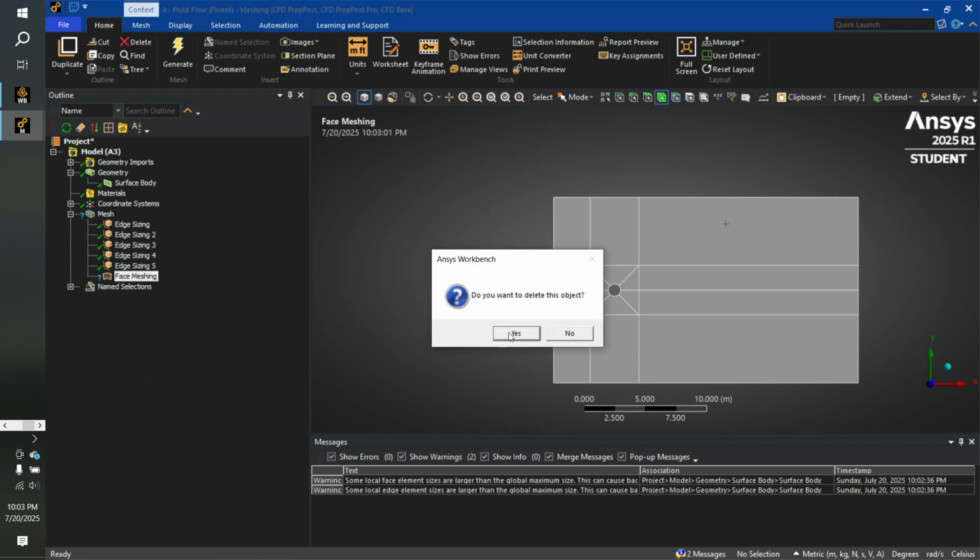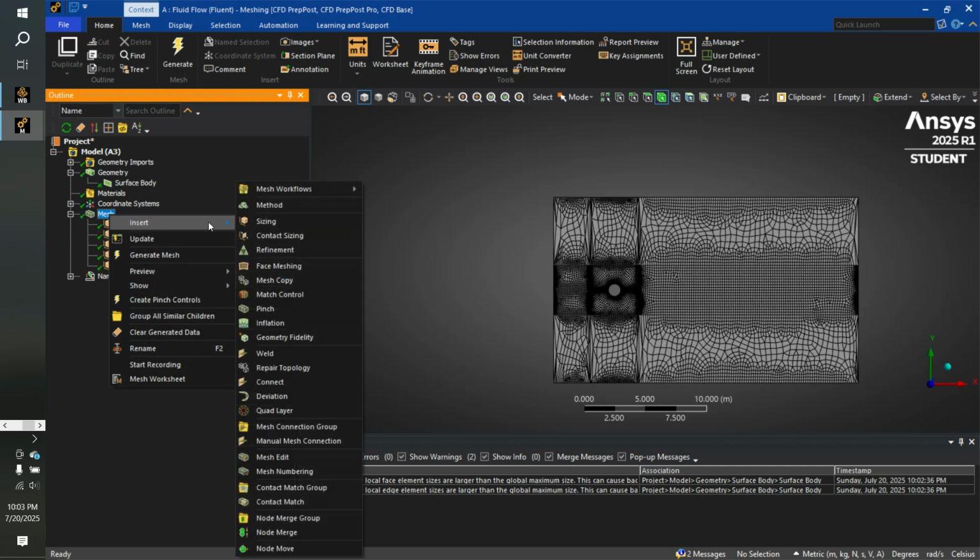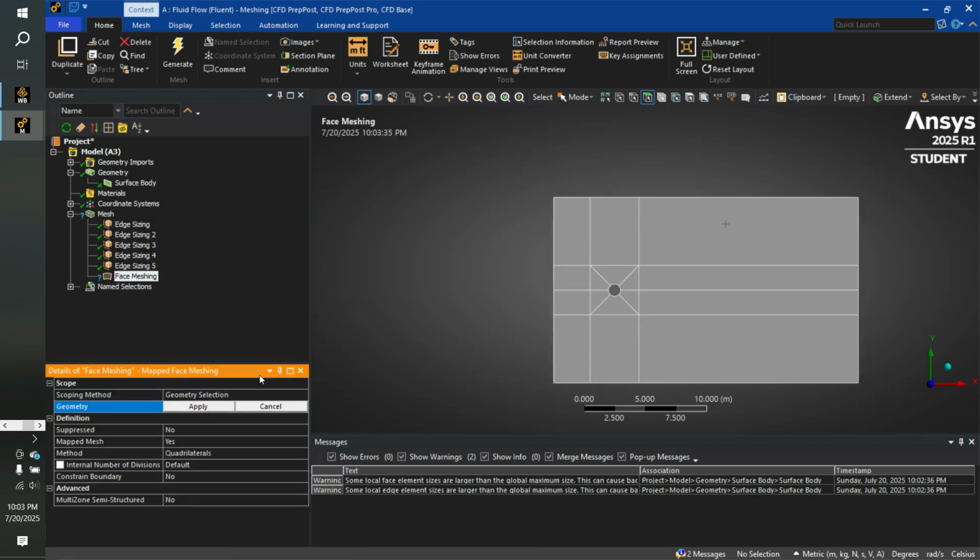I guess I'll just delete that and create a new face mesh. Okay, that does not work like that apparently. Why will it not allow me to create